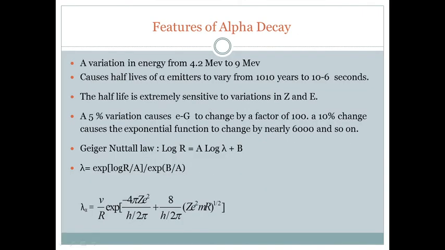So we have seen this. Now we will come to the Geiger-Nuttall law, which we have seen earlier. Remember the Geiger-Nuttall law. Yeah, I'll give you some statistics here. Remember you said that a small variation in energy causes a large variation in the half-life. If it is 4.2 MeV, the half-life we just calculated is somewhere around 10 raised to 10 years. But if the energy of the emitted alpha particle is 9 MeV, then the half-life is as low as 10 raised to minus 6. How do you explain this?